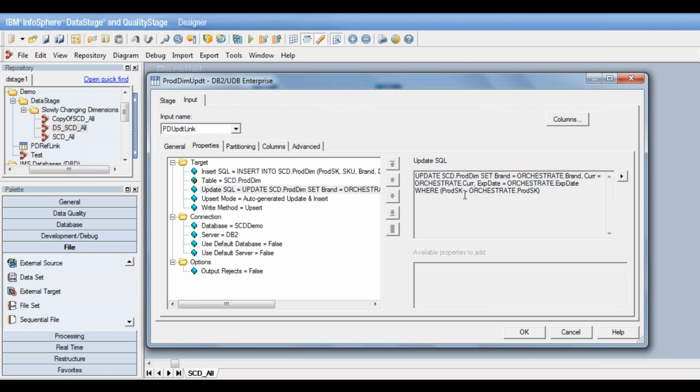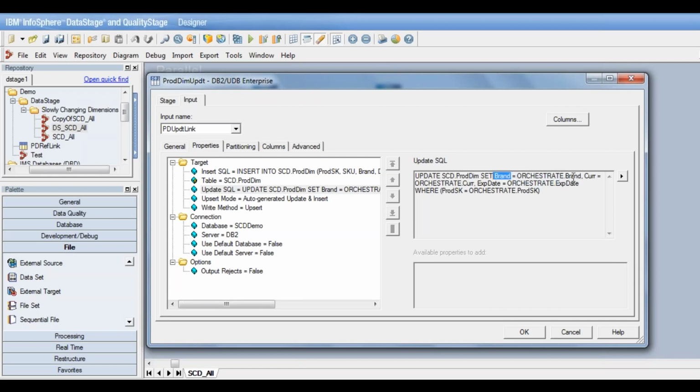When we write the SQL statements in any database stage, this is the way we need to write. Set brand, so here we are referring to the table column equal to orchestrate.brand. Orchestrate dot is used basically to refer to the column which is coming from the output link of the previous stage. So this is the data stage column that is coming from the output link of the SCD stage, and this is the table column.